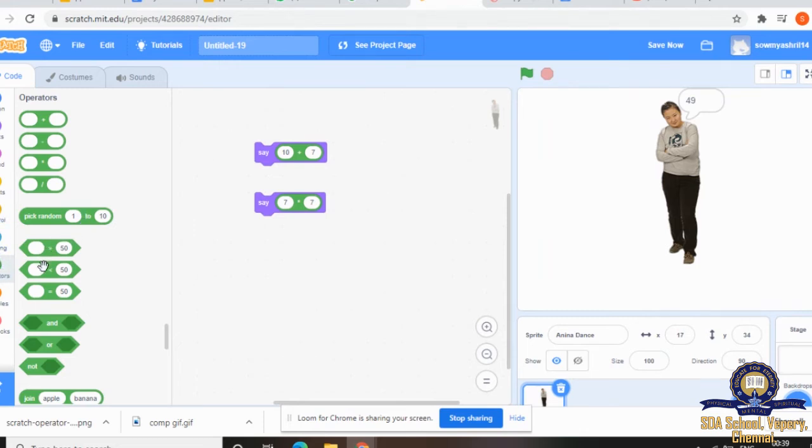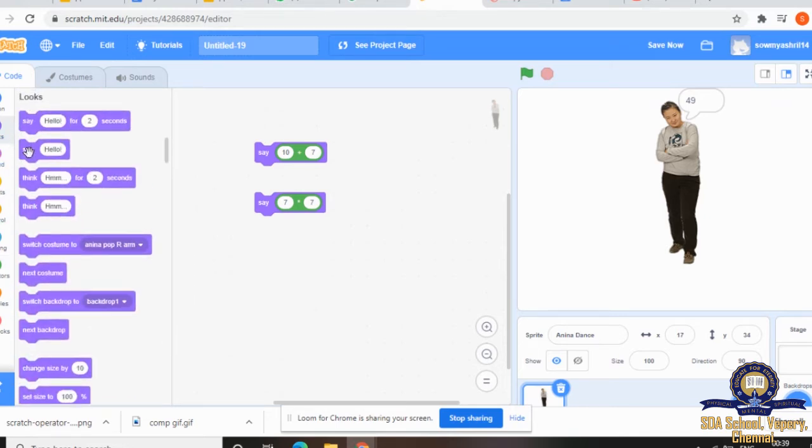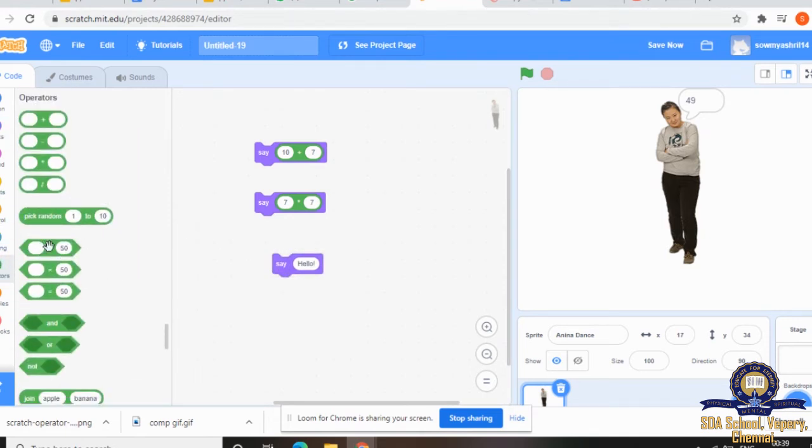Now we'll see equal to. You can even edit this number here. I'll say 10, true.